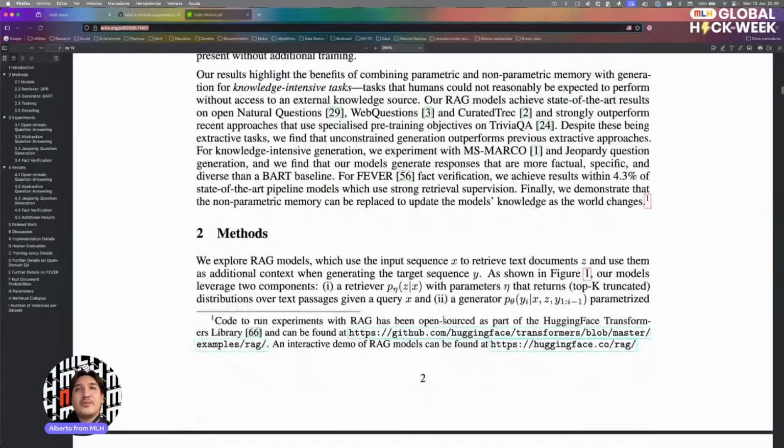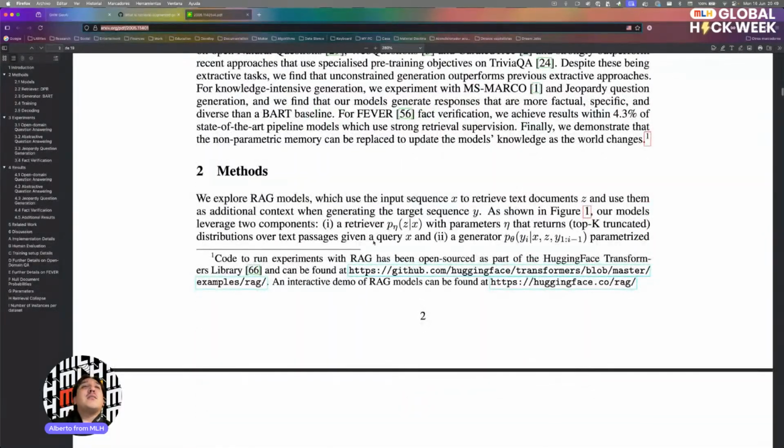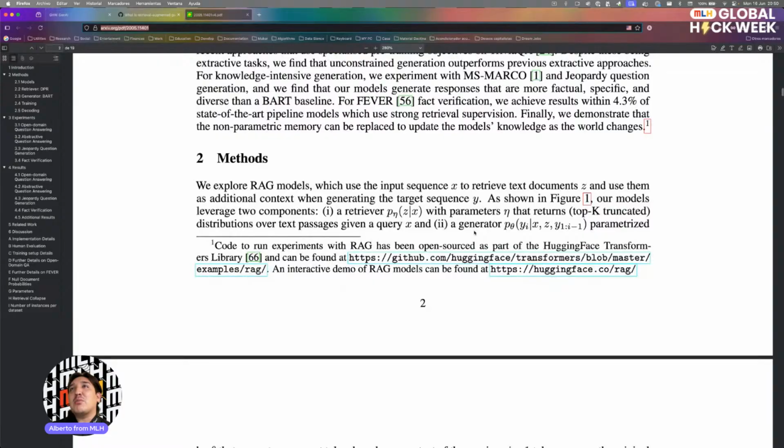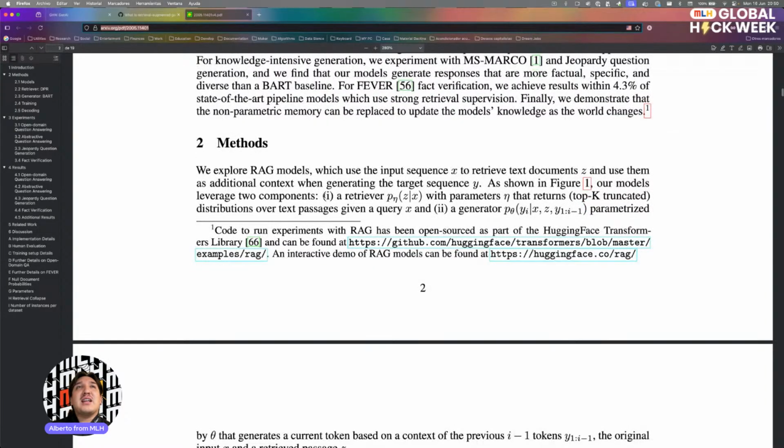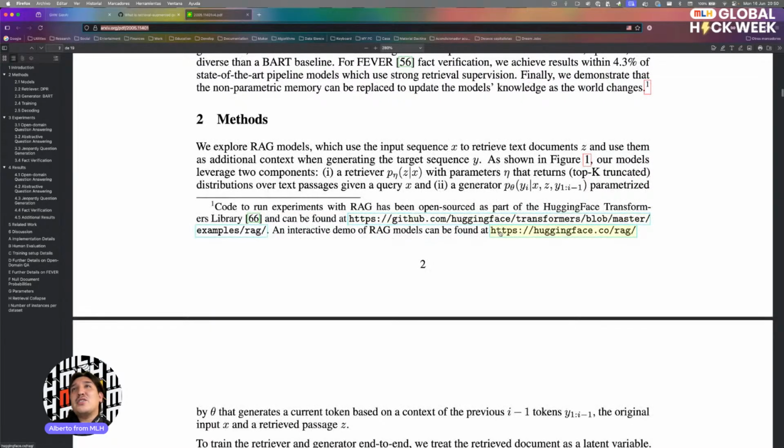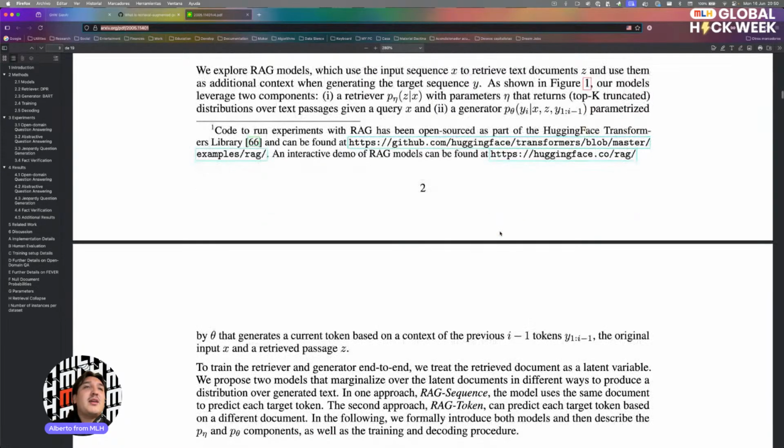And well, let's move on then. Methods. We explore RAG models, which use the input sequence to retrieve text documents and then use them as conditional context when generating the target sequence, as shown in Figure 1. Our model leverages two components: the retriever with parameters that returns distributions over the passages given a query q, and a generator parametrized